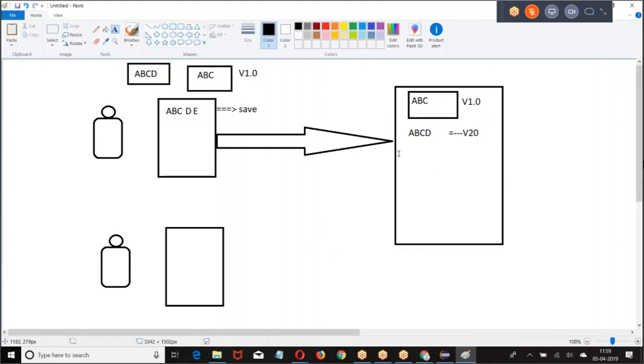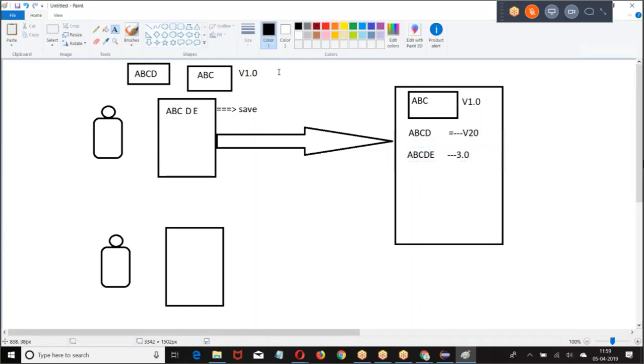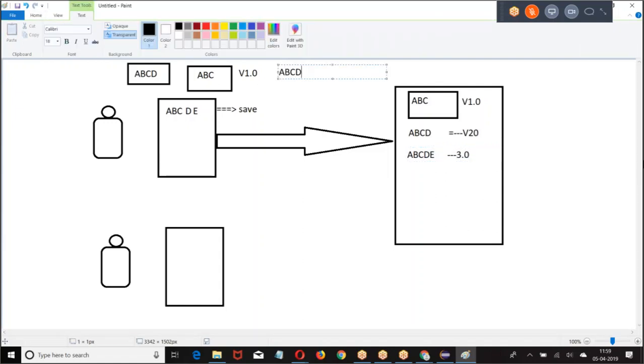Again, he made a change. Everything is working fine. He uploaded. So the copy is maintained here. Everybody has their own local copy. Whatever changes he has made, he is maintaining a local copy. Again, this fellow made some changes at his side. He is uploading.